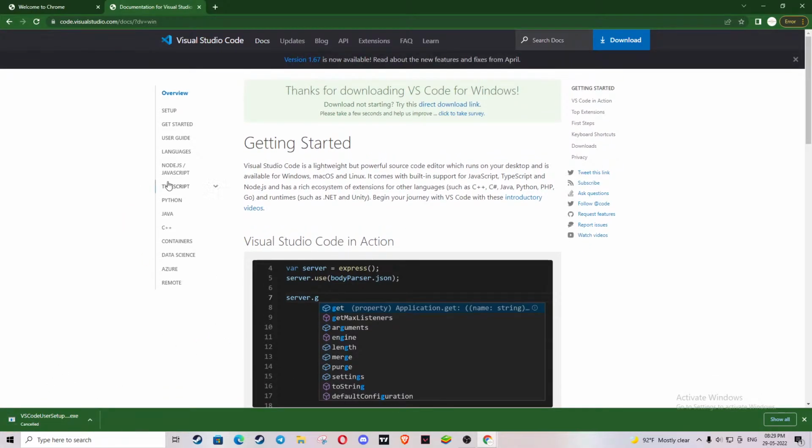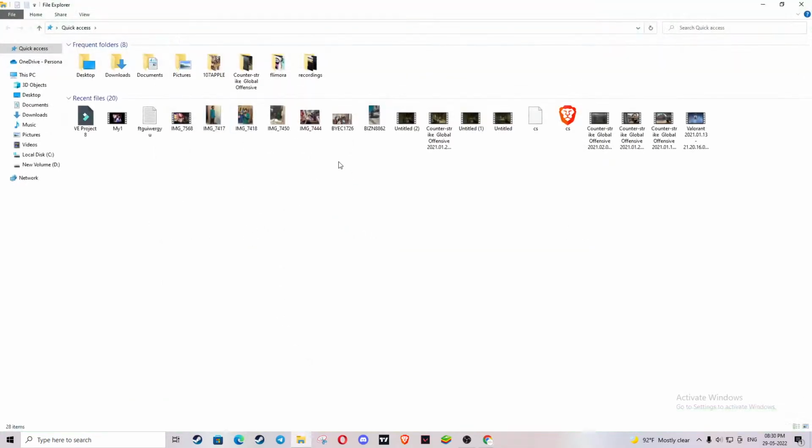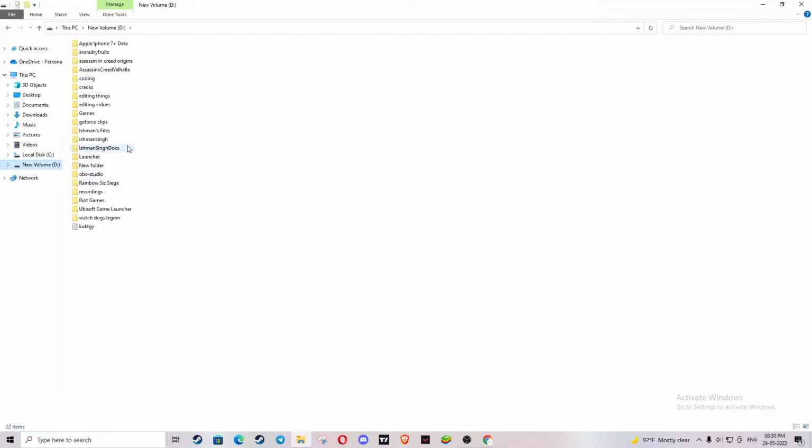Whenever you download, a setup box will appear, okay? And then you have 4 checkboxes. In the setup box you have 4 checkboxes. You need to click on all 4 checkboxes, okay? You need to click to have some things. Like if I go here in my file explorer,